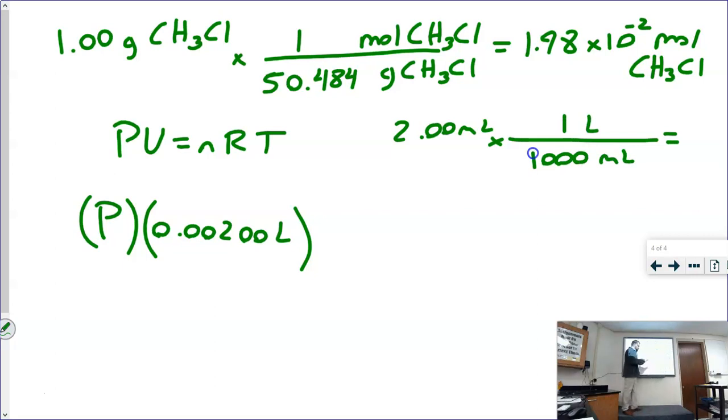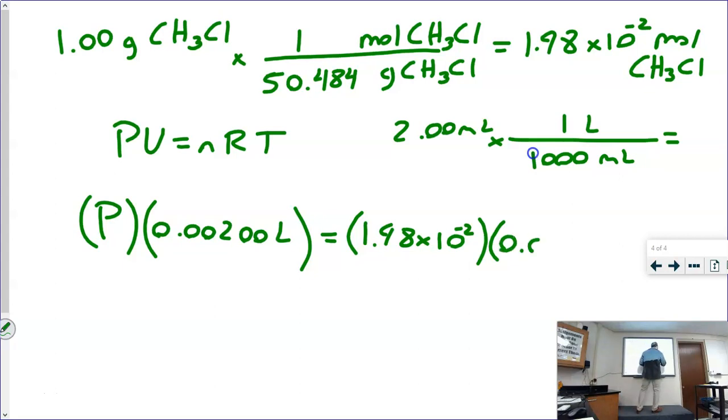Okay, there it is. 2 divided by 1,000 equals 0.002. Excellent. This is going to equal my moles, which is 1.98 times 10 to the negative 2 multiplied by R. The value of R is in your formula packet. We are using liters, and we're going to solve in terms of atmospheres just to make life easy. And we're going to use 0.08206